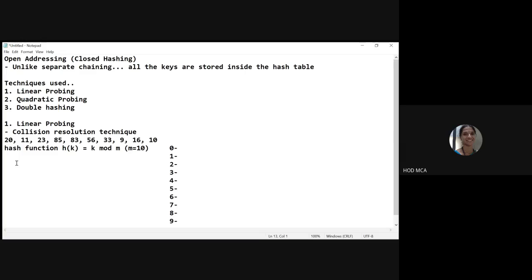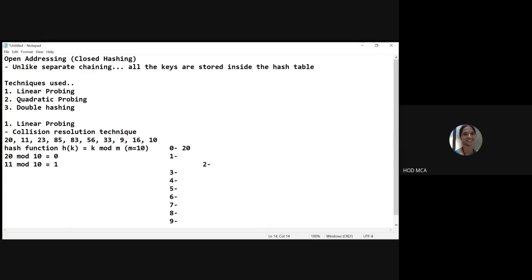Let's start with 20. 20 mod 10 is going to be 0. We have to take the remainder. Just remember that. So in the 0th location, I will put my 20. No issues at all. Next, I take 11 mod 10. So 11 mod 10 will give us 1.